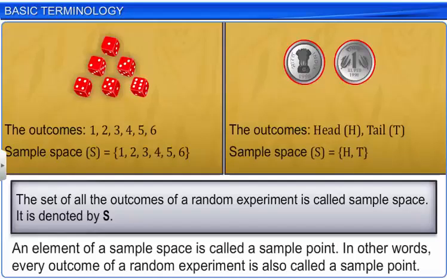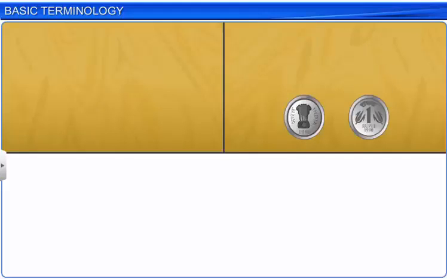An element of a sample space is called a sample point. In other words, every outcome of a random experiment is also called a sample point. Let's perform an experiment where 2 coins are tossed at once. Each coin can turn up either heads or tails. Therefore, the possible outcomes may be